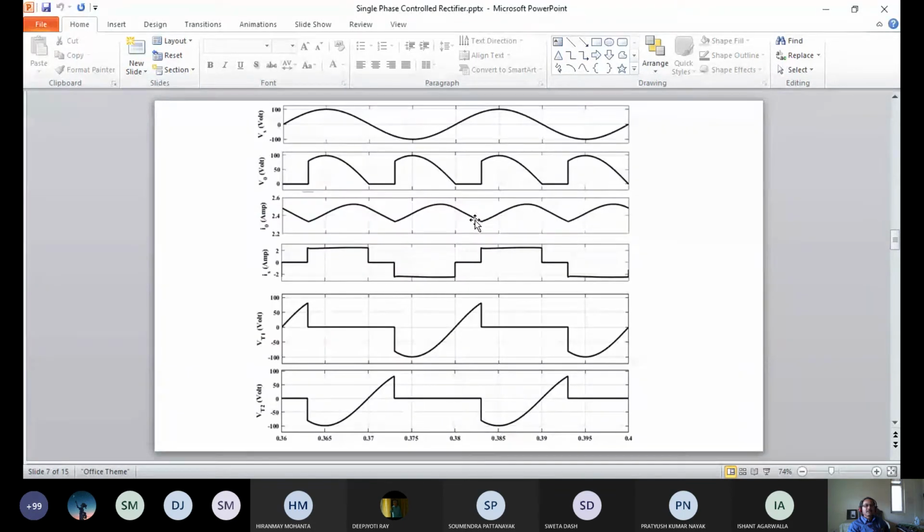Waveform is very important. Try to understand this. The RL circuit current derivation we have done in the half wave circuit, so there is no need to repeat all these things. The instantaneous voltage is Vm sin omega t equals i0 R plus L di0 by dt, right? So from the initial condition we derive the constant A and an instantaneous equation for the current.